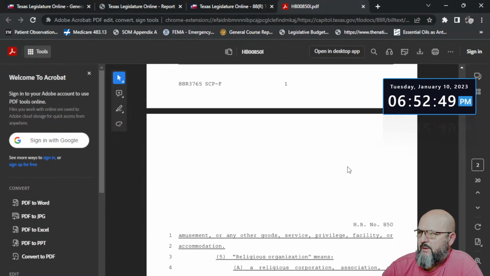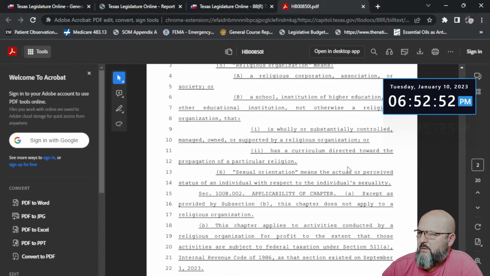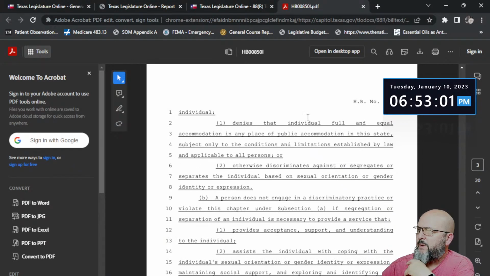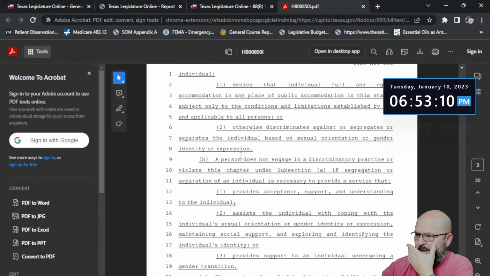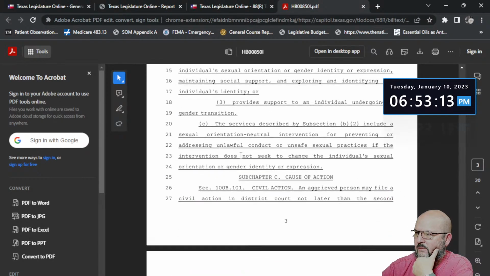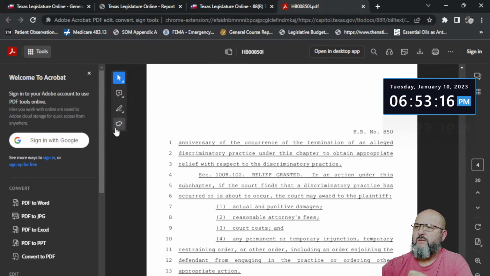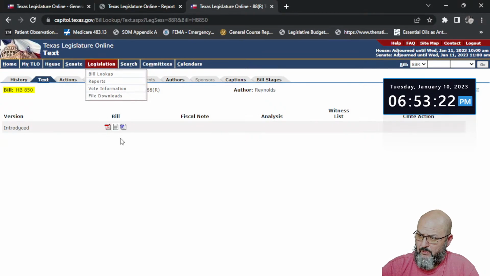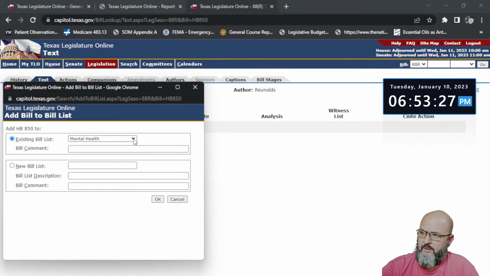Food, shelter. Could that be a house? Discriminates against or segregates. Wow, how many pages is this thing? 20 pages? No. No, see, this doesn't even, no. I don't need to read past that. There's no need to add to bill list. So I'm going to go to oppose and